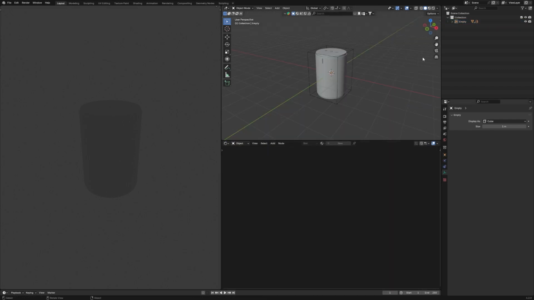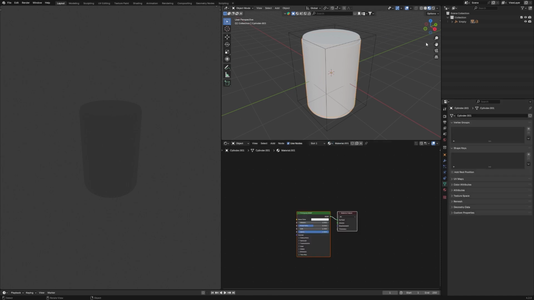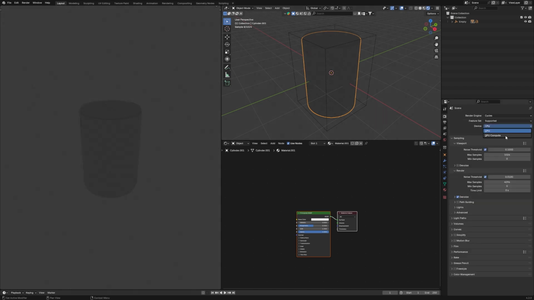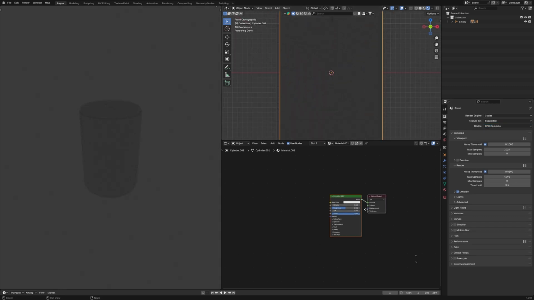Alright, so now we are in the shader editor. Something that we want to do over here first is choose this, click New, and then we can see from the viewport that we have to use Cycles